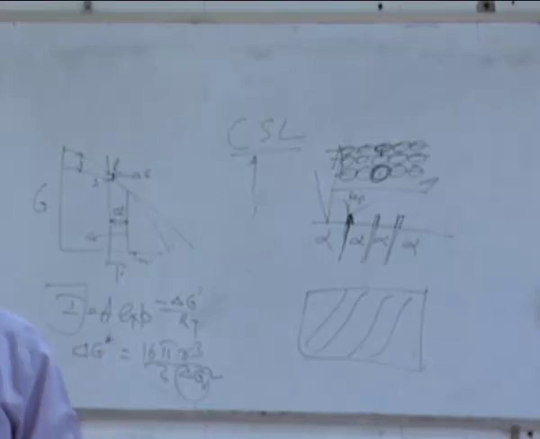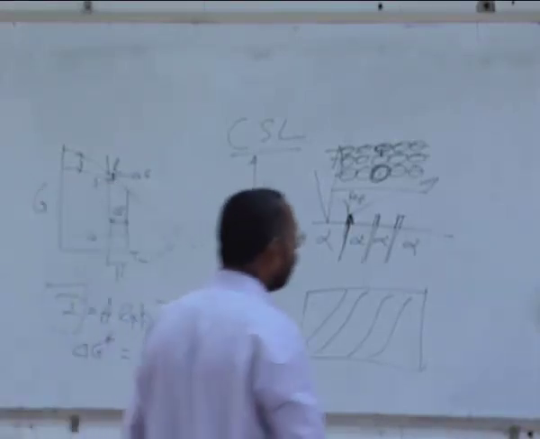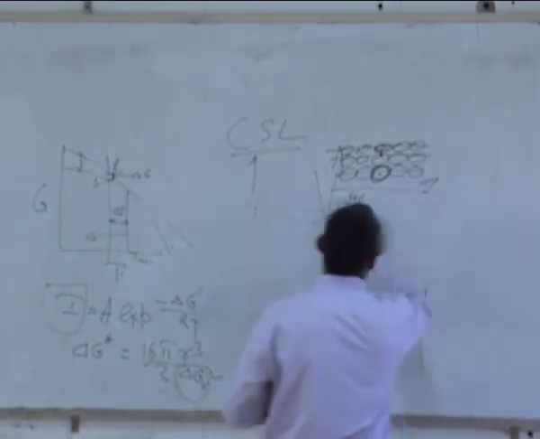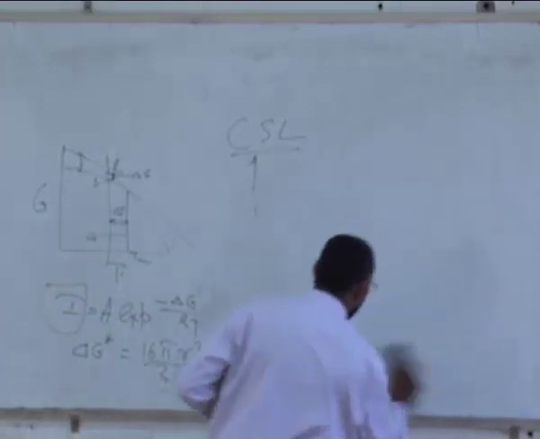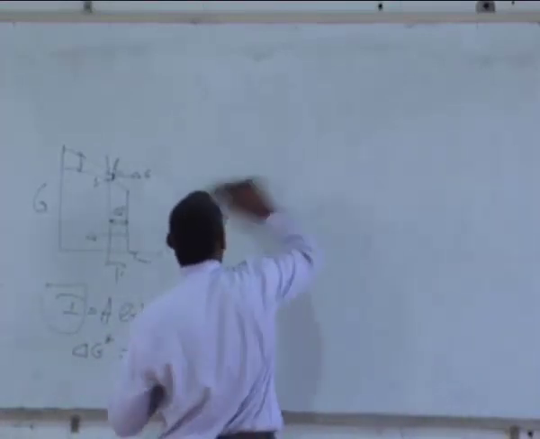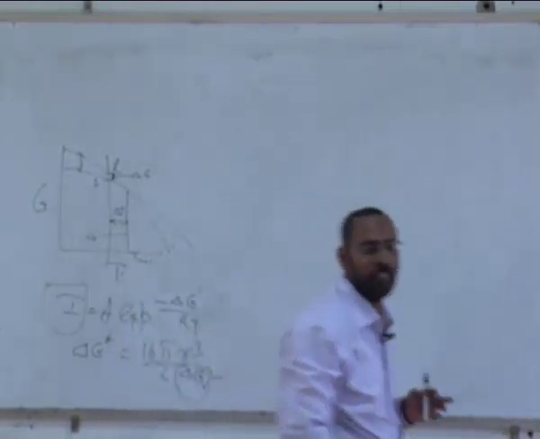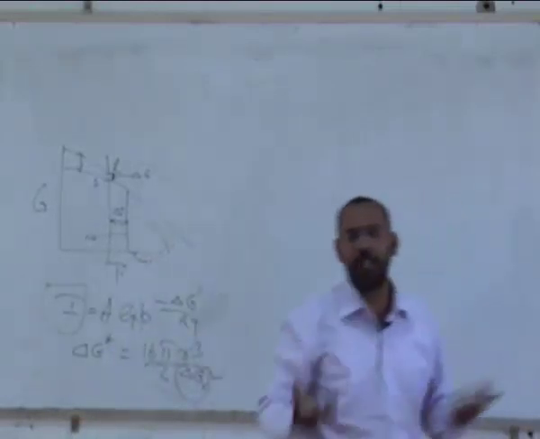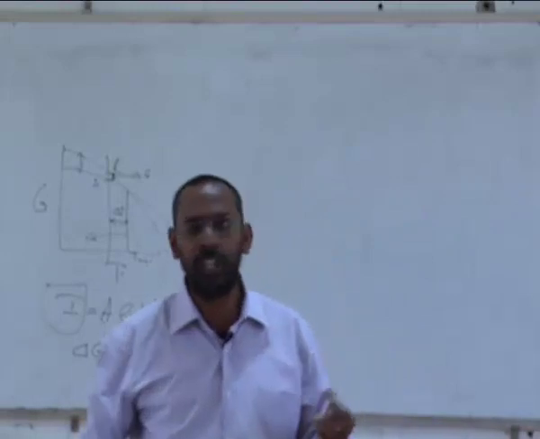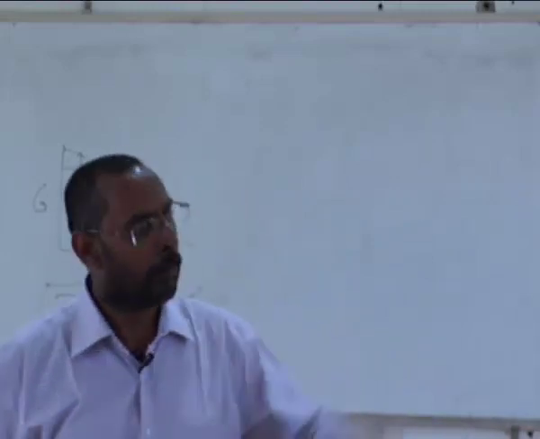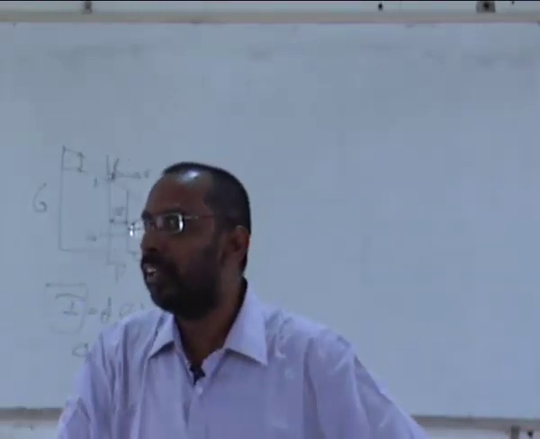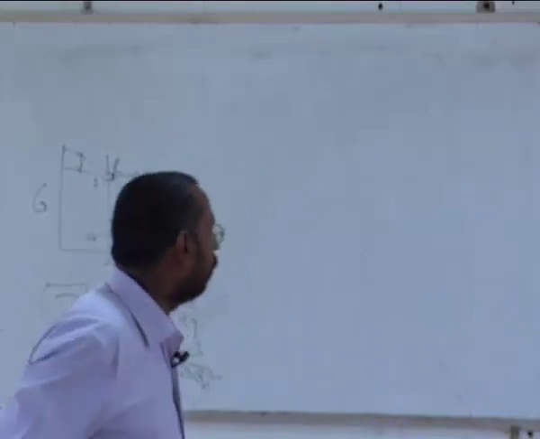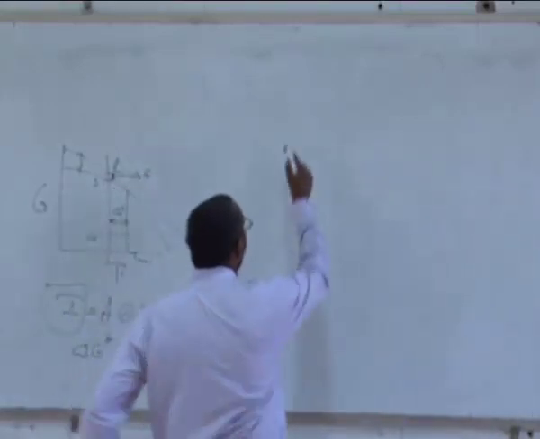So you need to understand that this is how we will be able to see various features, and with this we will be able to understand what kind of features can be seen. Without etching, you will not be able to see a microstructure. And once I see the microstructure, I will be able to see what are all the phases that are present, the amount of the phases that I can see. And in this context, we have to talk about what is called quantitative metallography.